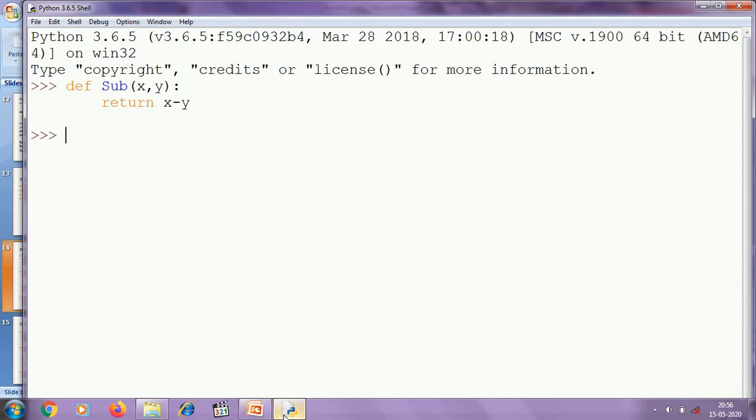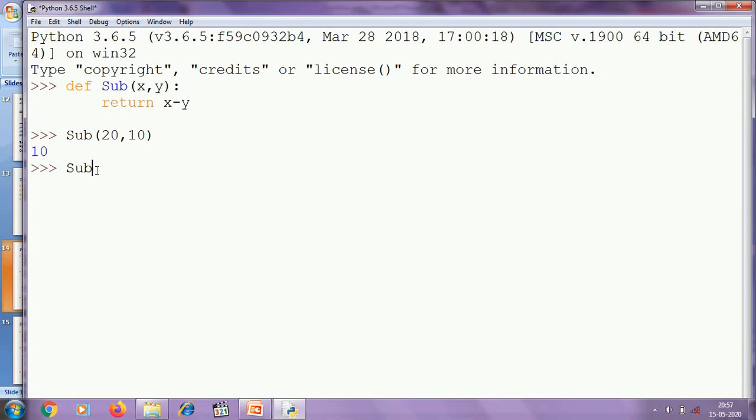Now here I am calling the function using the values 20 and 10, and it is returning 10 because x is assigned this value and y is assigned this value. So depending on the position of the arguments, the parameters are initialized. That's why this is called positional arguments.